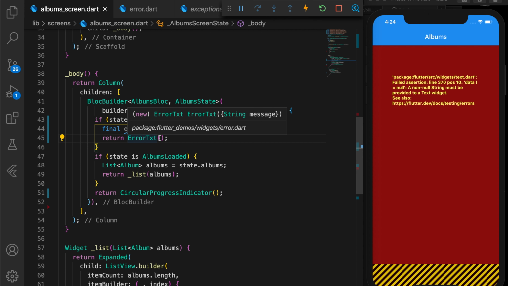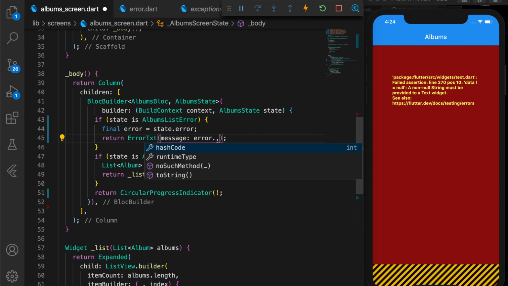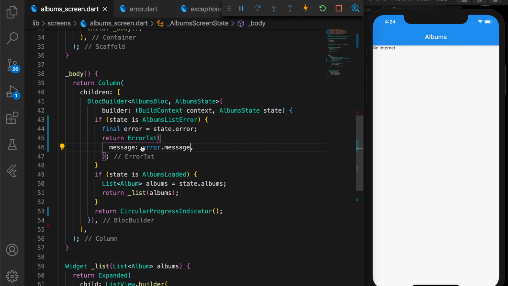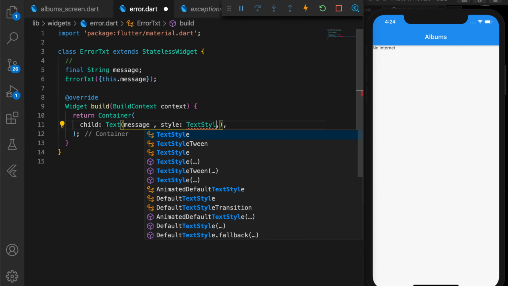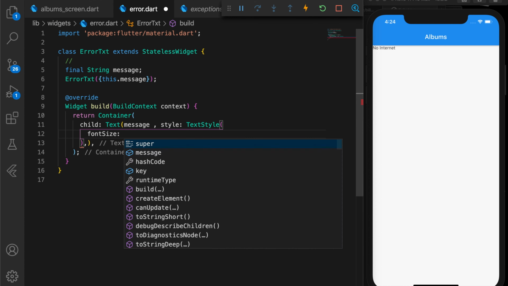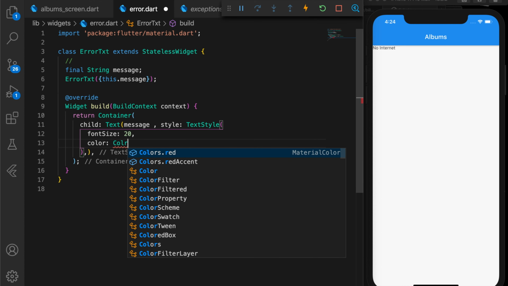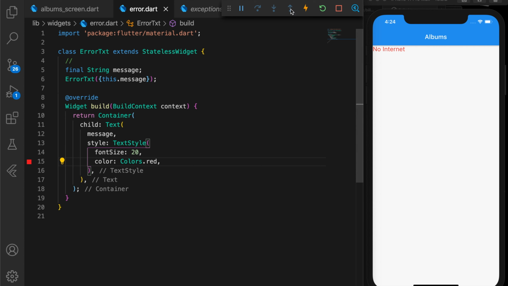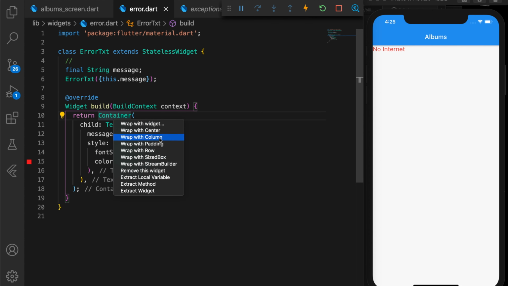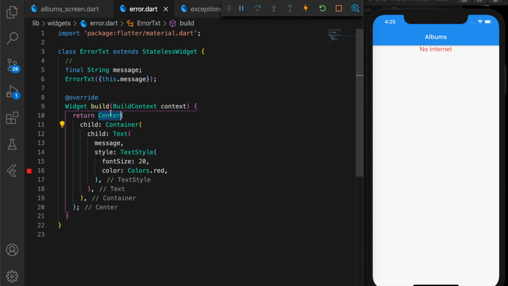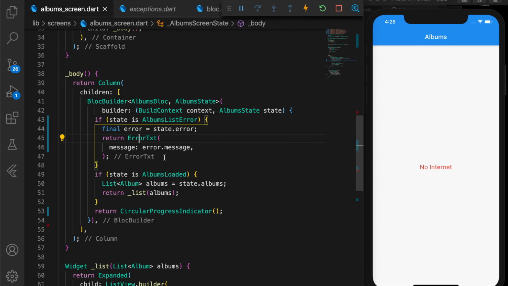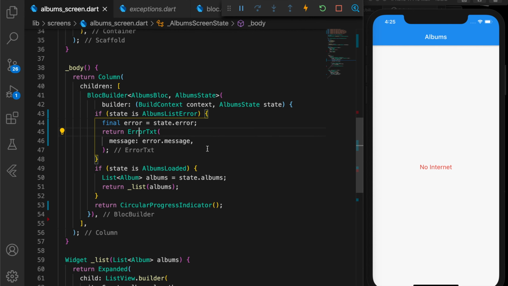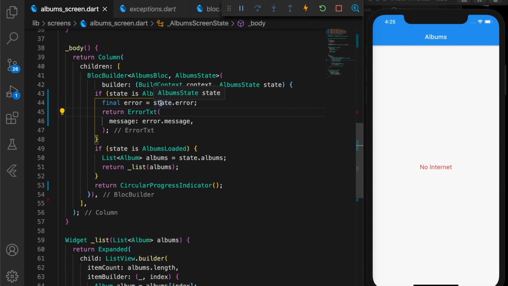Alright, now it's importing. Let's give it the message. We'll try to customize the widget again by giving a text style with a font size of 20 and a color of red. Now we will make it center. Alright, now to the center of the page. Now it looks good. So similarly, you can customize any widget so that you can use it throughout your application